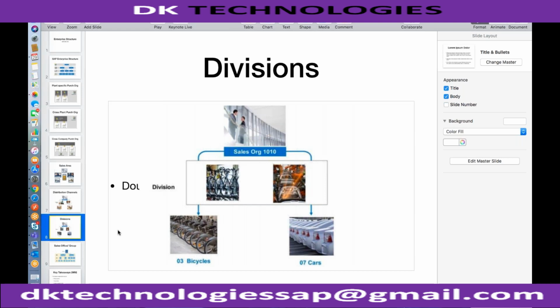Like now, as I can say, for the sales area, the minimum requirement for SAP when I'm configuring is I need to have a sales org, a distribution channel, and a division. The sales office and sales group are like physical entities. Do we configure them in SAP, or is it just a physical entity, sales office and sales group? Yes, Nagesh, we can configure them, but those are not mandatory. Whenever you are creating the sales order, it's not mandatory to enter that information. But distribution channel and division are important. Even if you have a single distribution channel, single division, that also needs to be entered at the time of the sales order.